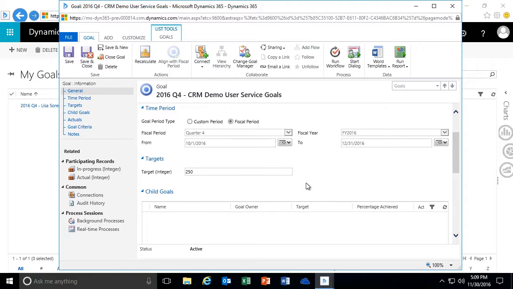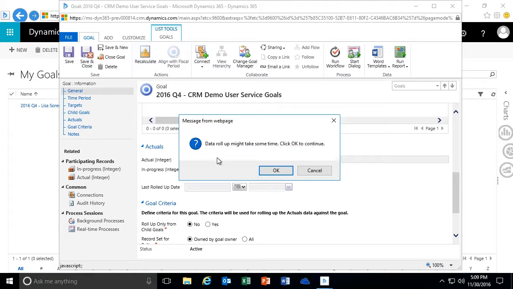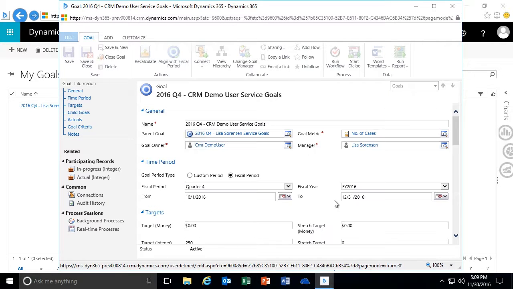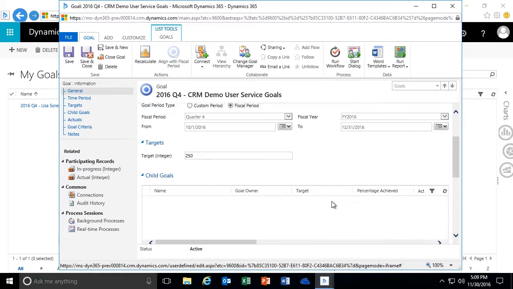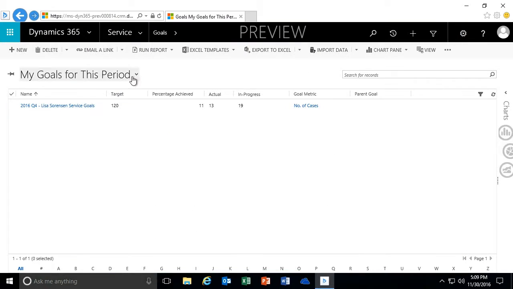And as I save my record, again, I'm going to scroll down to look at the actuals. I'm going to click on recalculate so we can see what our values are. And you can see that I actually have 5 with the in progress being 16. But not only did it do that, but now if I save and close this,